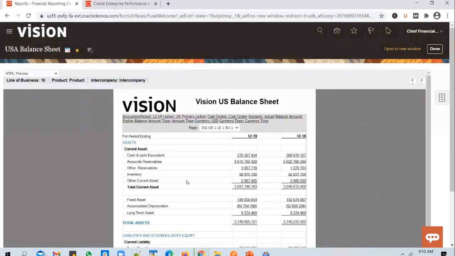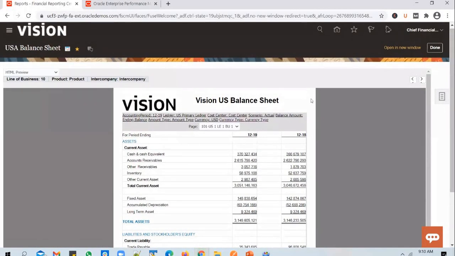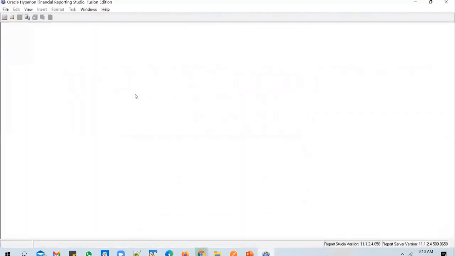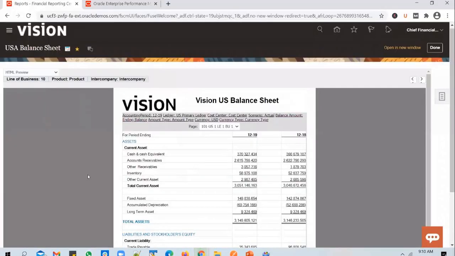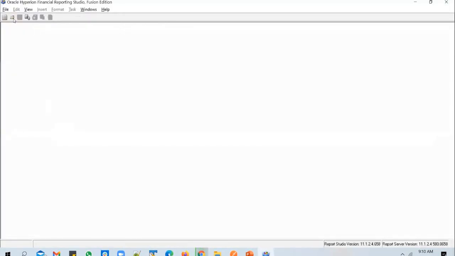And you look at the report output. So the report output is generated, and there are quite a few things in here that you need to understand before you build a new report. First of all, what I will do is I will open this report definition from the FRS tool, so that we can do a like-to-like comparison between the output and the report definition. So I'll open the report.